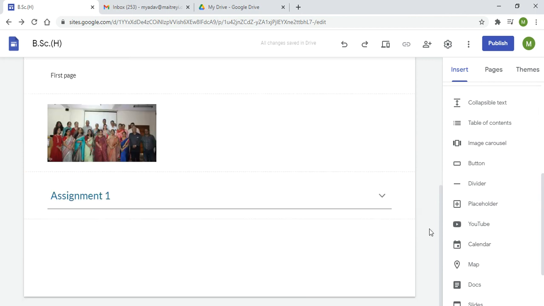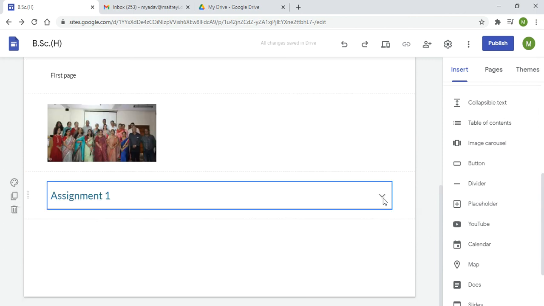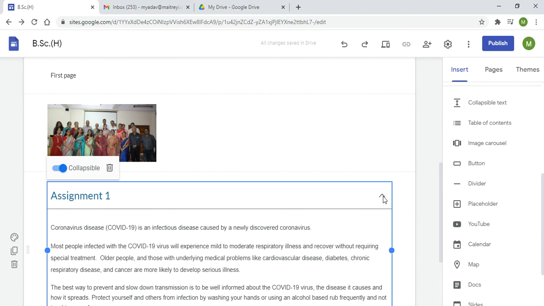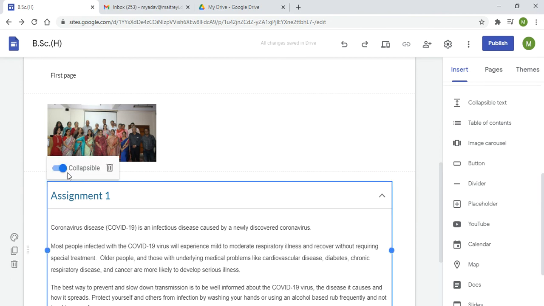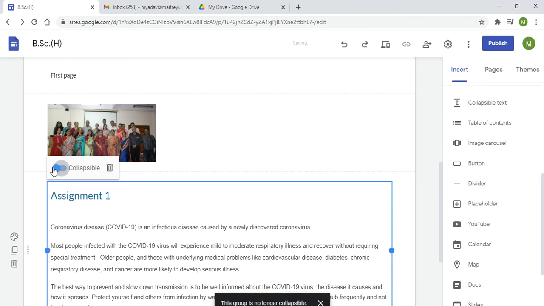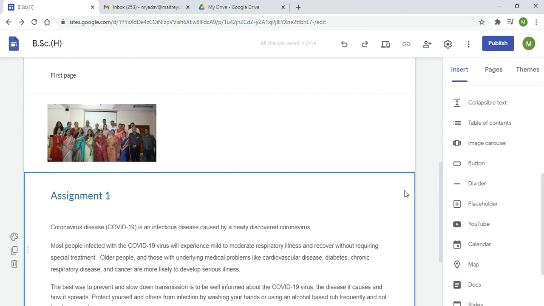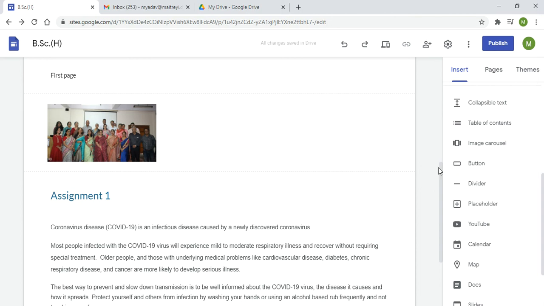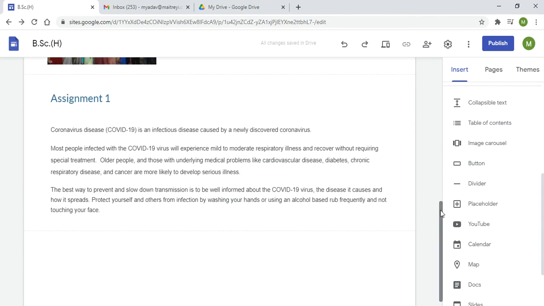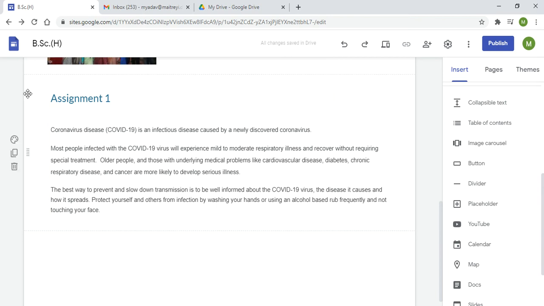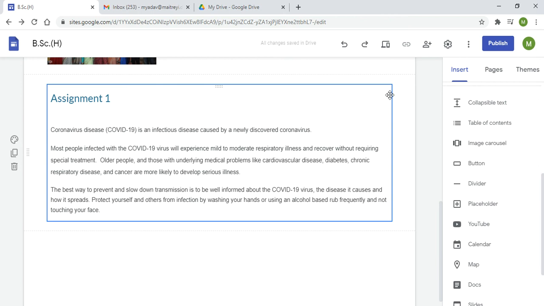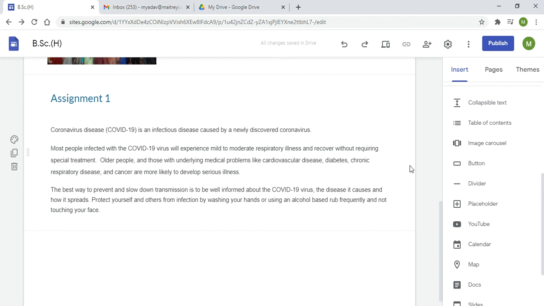So it is there. Now since it is a collapsible text, you have an option to see the content by clicking on this icon here. So when you click this icon, the content will be visible. If you are not clicking this icon, the content will not be visible. You can keep it as a collapsible text, or you can convert it into a non-collapsible text, so that everything is visible as soon as somebody opens the page. So if it is not collapsible, it will appear like this. If you want to make it collapsible, then only the title will be available and you have to click on the link icon here to see the content inside, right?